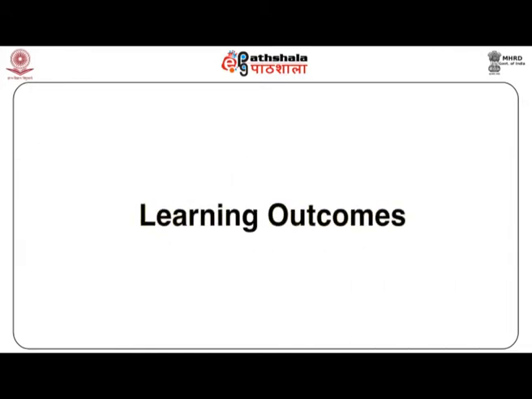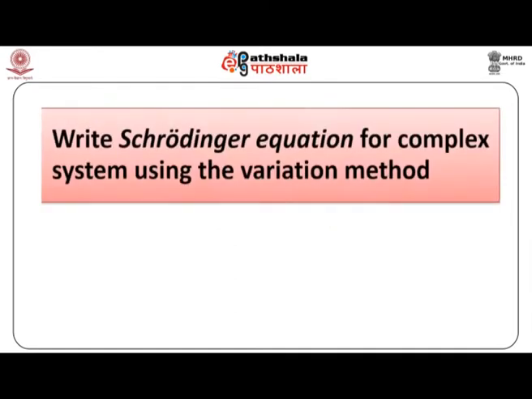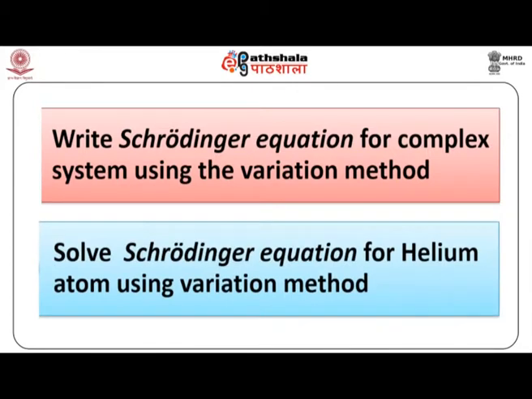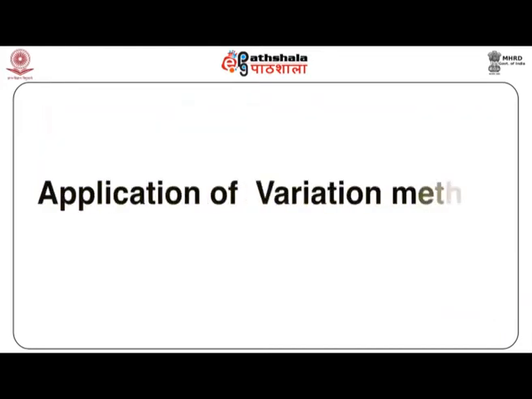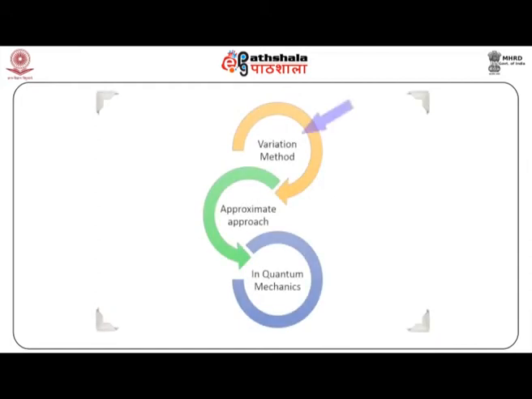After studying this module, you shall be able to write the Schrödinger equation for a complex system using the variation method and solve the Schrödinger equation for the helium atom using the variation method. As we are already aware, the variation method is an approximate approach used in quantum mechanics to find eigenstates and eigenvalues of complex systems. Let us now quickly look at how the variation method is used to solve complex